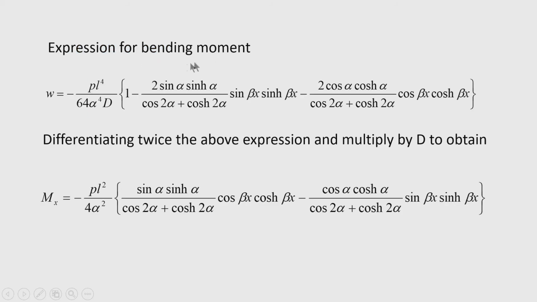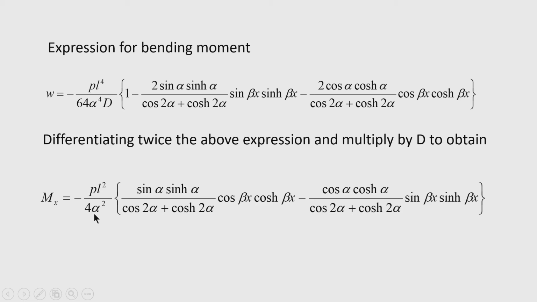Expression for bending moment can be obtained by differentiating the deflection equation 2 times with respect to x. So, differentiating twice the expression with respect to x, of course, you have to multiply the differentiated quantity with the flexural rigidity of the shell. It is also multiplied with D, and finally, we get the bending moment expression as M x equal to minus